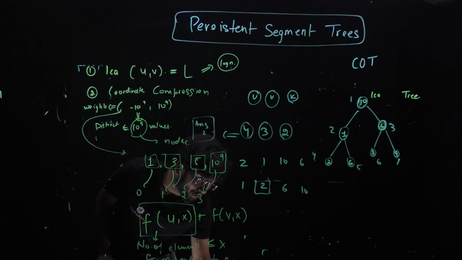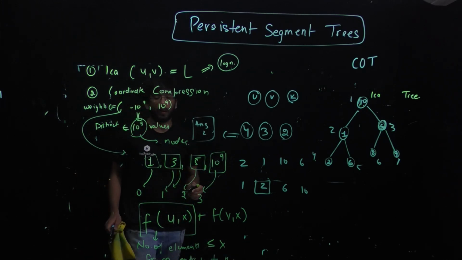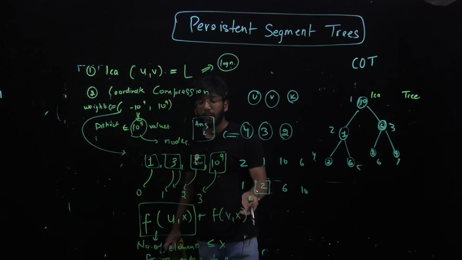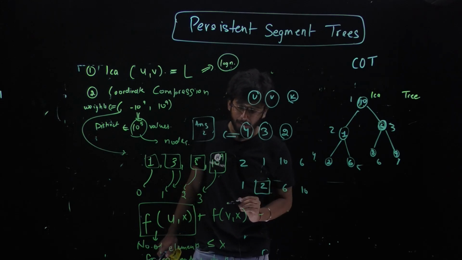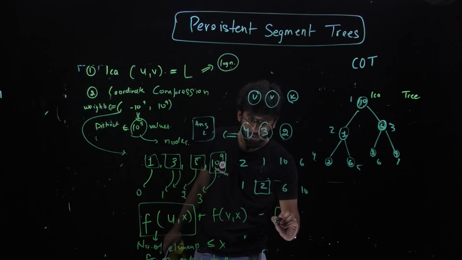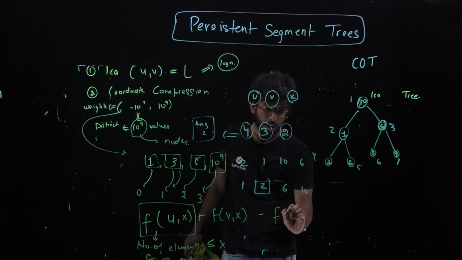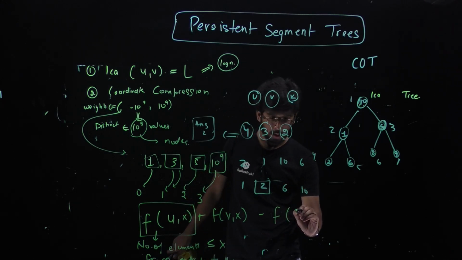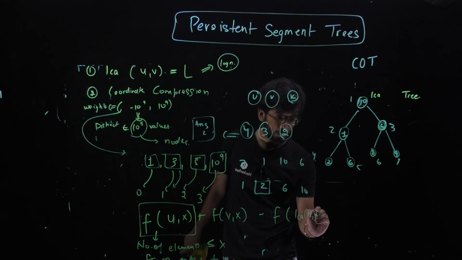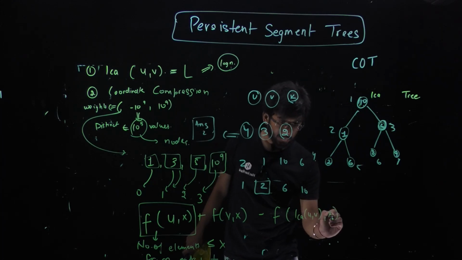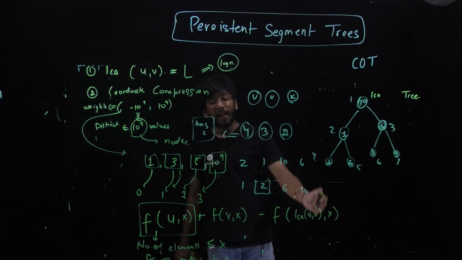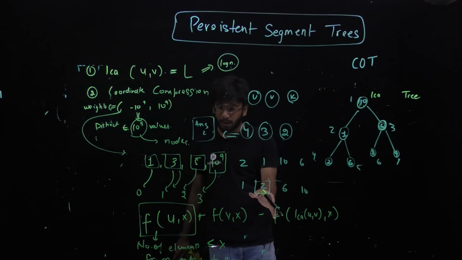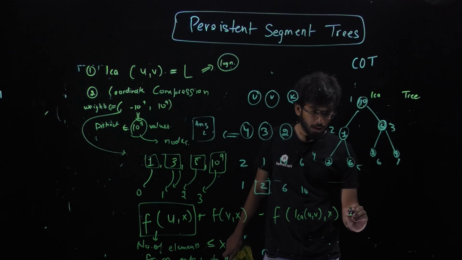Now things make sense. So the same function f for V would be the number of elements less than equal to x from node V to the root of the tree, minus f of LCA of U comma V, x. This is actually the number of elements less than equal to x from the LCA of the two nodes to the root of the tree, minus